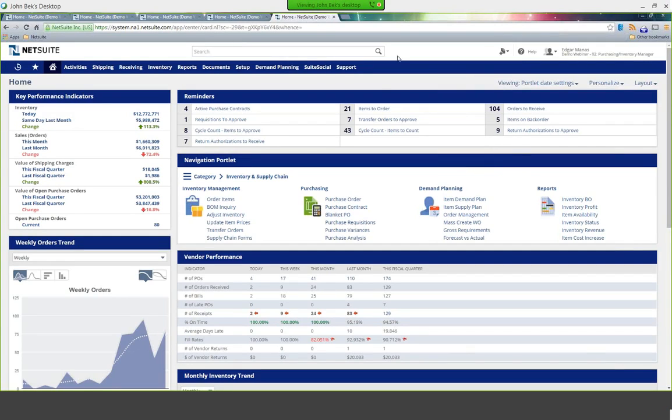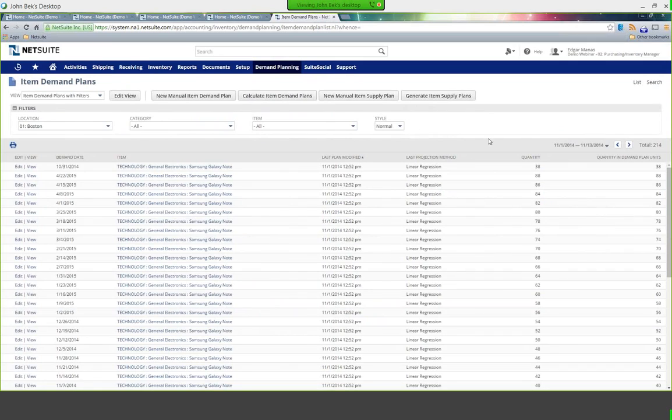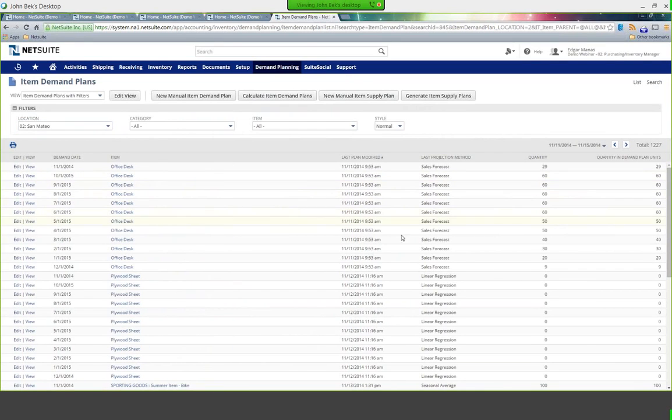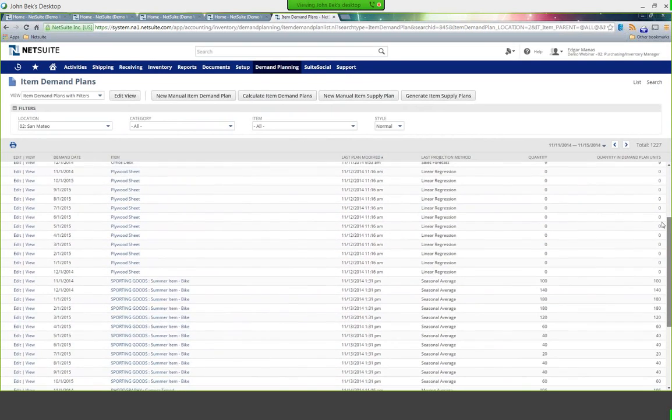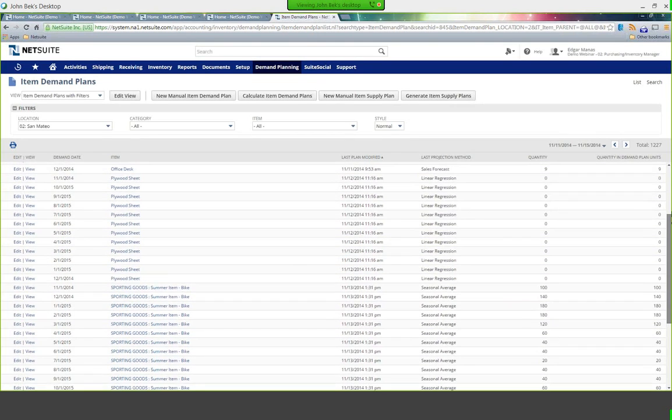Sure. There are different business models, no doubt about it, and there are certainly all different kinds of items. And the way that we plan for certain items may vary across organizations and even within an organization. So if I pop into demand plans and take a look at some of the demand plans that are out there, what I'm doing using a demand plan is using information that's in the system, either existing invoices and/or sales orders, and creating forecasted demand in the system. We can use a number of different methods, so linear regression would be one, moving average, seasonal average, and/or